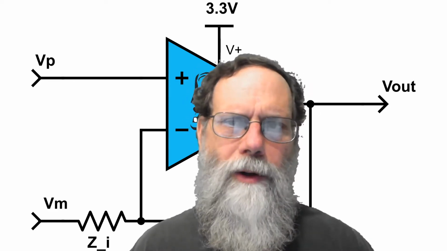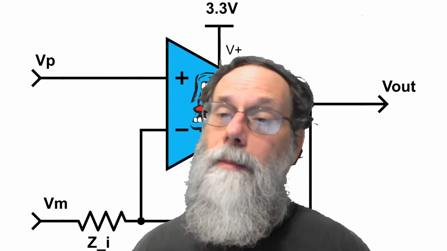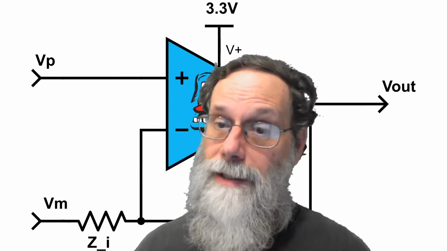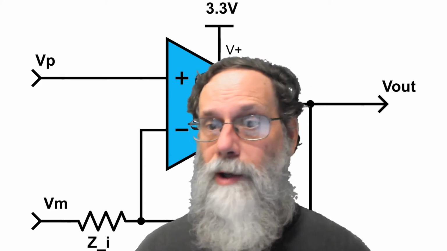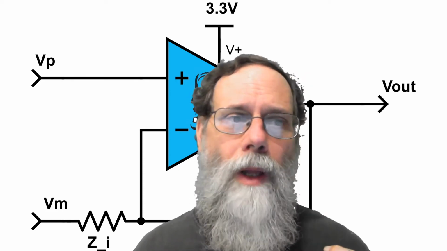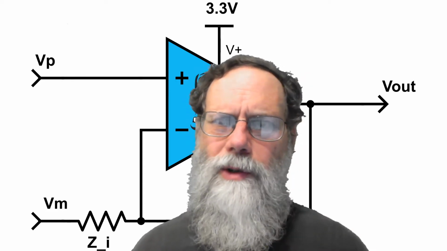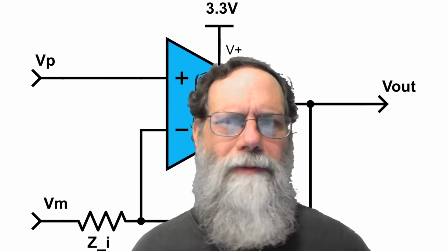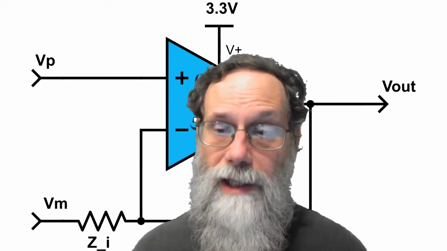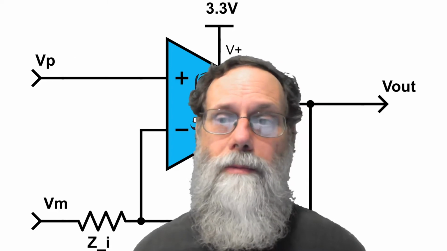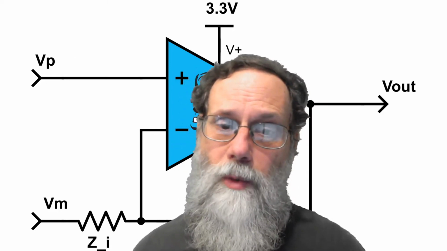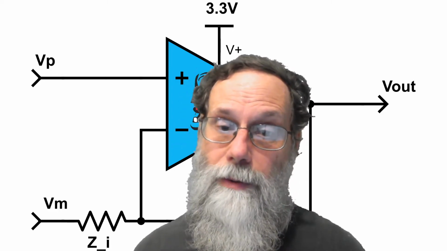For time-varying signals, it's not so simple. We sometimes refer to time-varying signals as AC signals, which is short for alternating current. But for time-varying signals, what do we do? We can't summarize them in just a single number always. So let's take a look at some of the different ways we do describe signals.